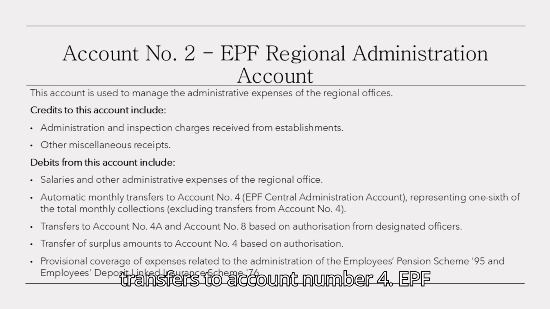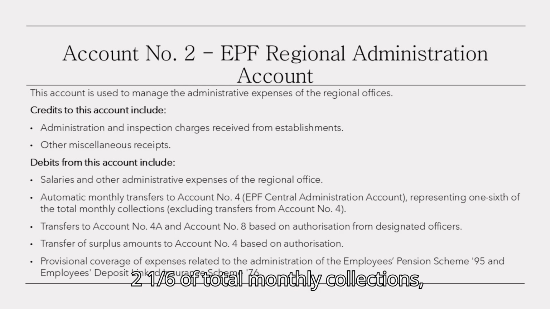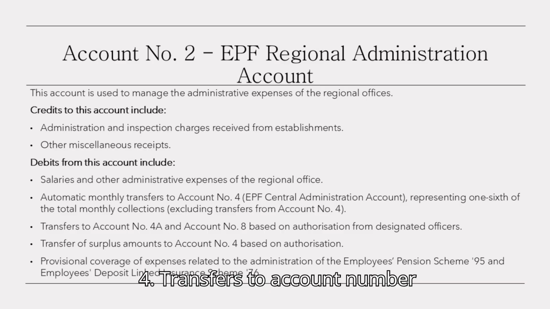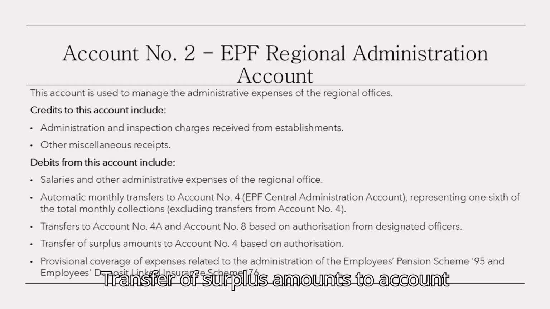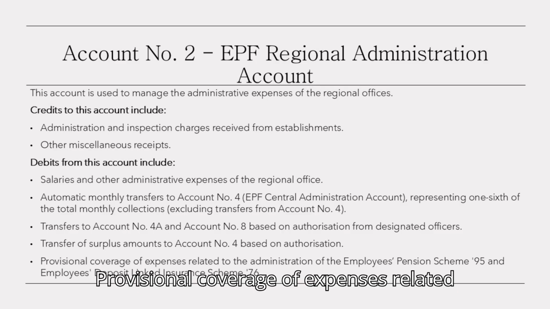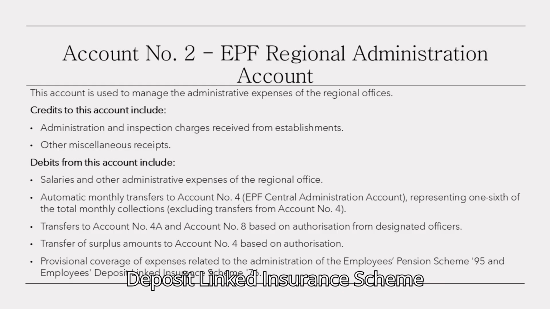Automatic monthly transfers to account number 4, EPF Central Administration account, amounting to 1/6 of total monthly collections, excluding transfers from account number 4. Transfers to account number 4A and account number 8 based on authorization from designated officers. Transfer of surplus amounts to account number 4 upon authorization. Provisional coverage of expenses related to the administration of the Employees Pension Scheme 1995 and Employees Deposit Linked Insurance Scheme